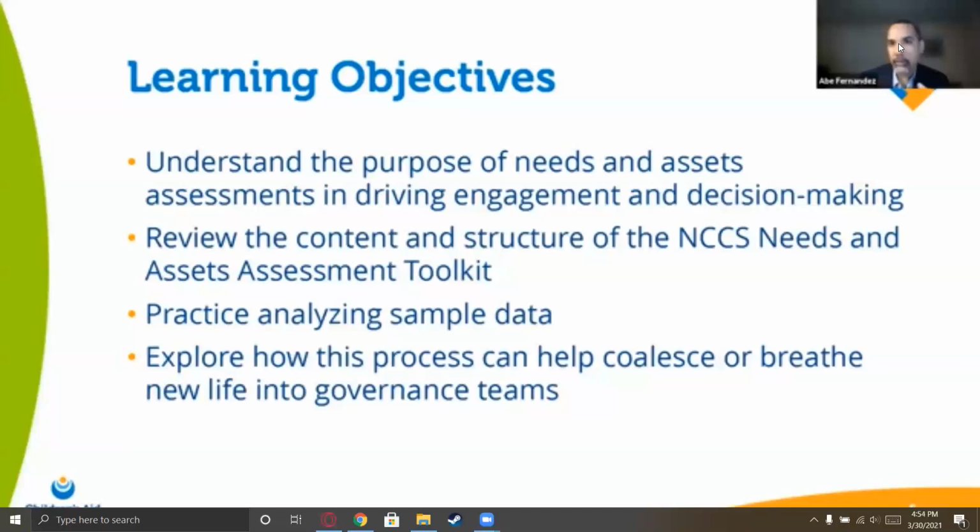And so it could be a tool to also engage leaders and people who are driving decisions for schools and districts and communities. So I want to explore that. And I'm really hoping that we can get through the content fairly quickly enough to have a block of time at the end for Q&A and exchange across the